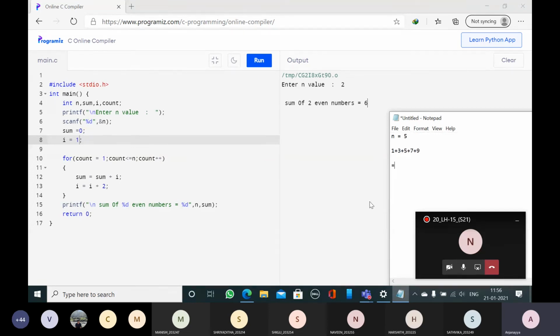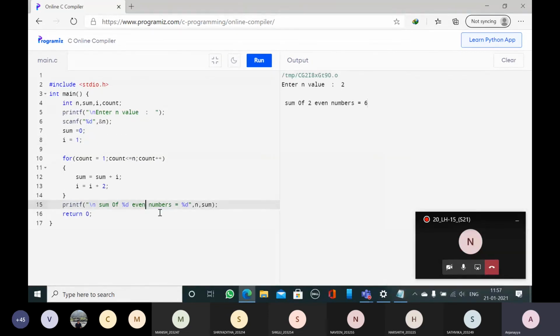So what is the output? 1 plus 3 is 4, 4 plus 5 is 9, 9 plus 7 is 16, 16 plus 9 is 25. So if I give n value as 5, then the expected output of sum of odd numbers is 25.